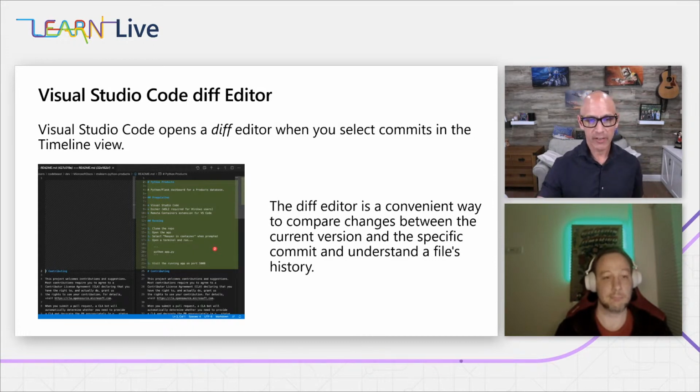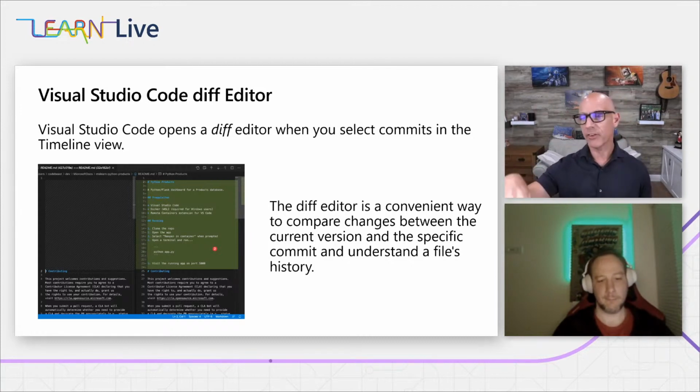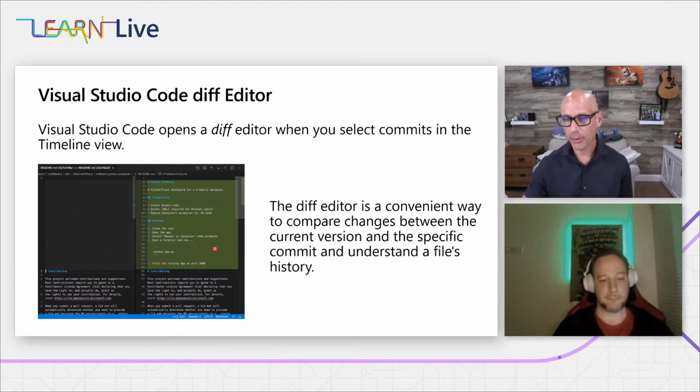And on the right-hand side in this one, we can see it's in green. I'm colorblind, so I'm hoping that's green. I believe that's actually adding content to the file. So it shows you in green or in red what's added or changed, which is super easy to look at in this particular way. It's better, in my opinion, than having to go back up to the browser, go look at the history, and try to figure out what changed here. Instead, we can choose VS Code to show it.